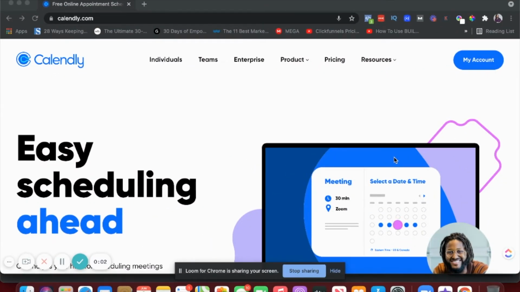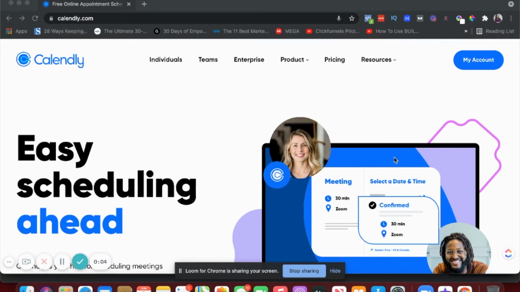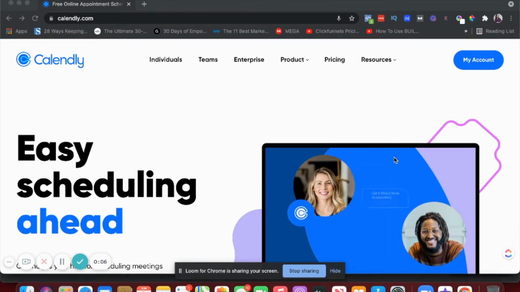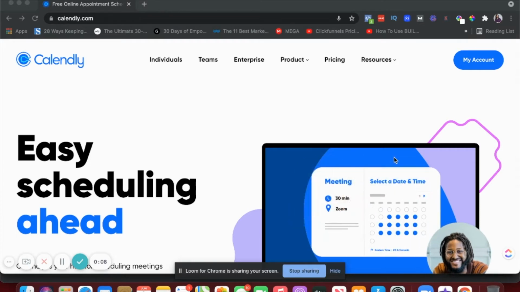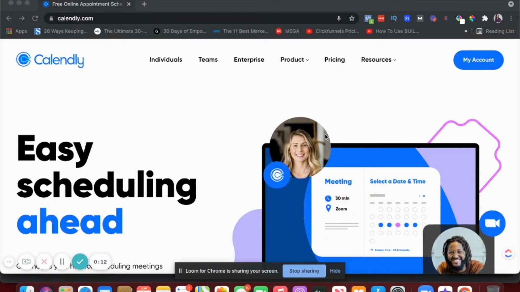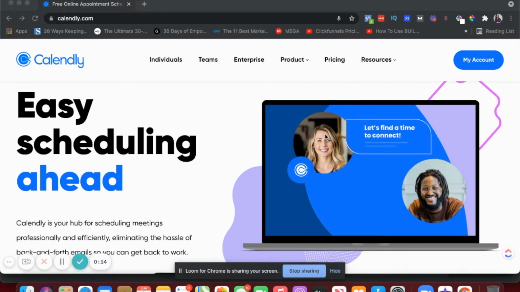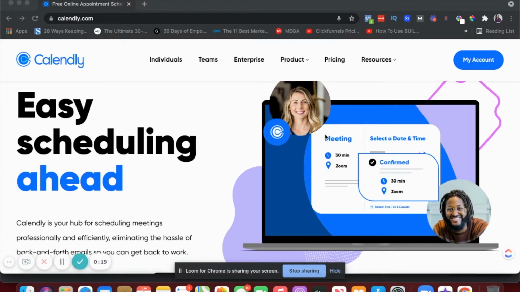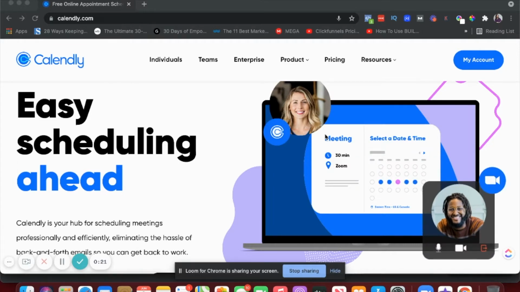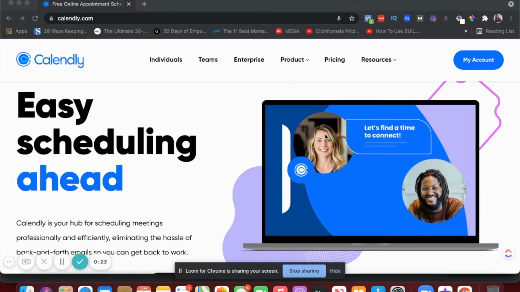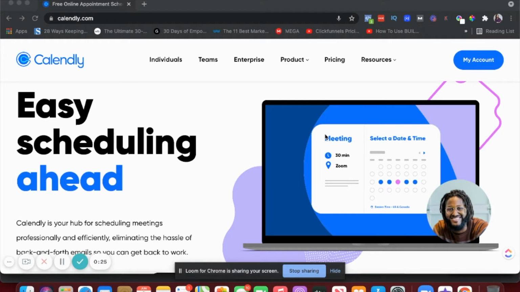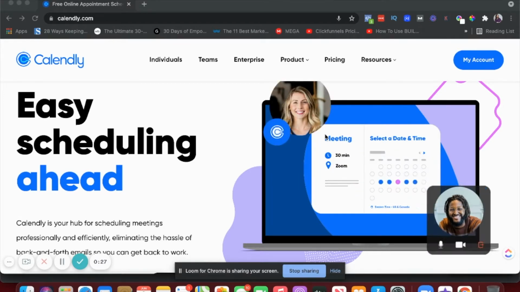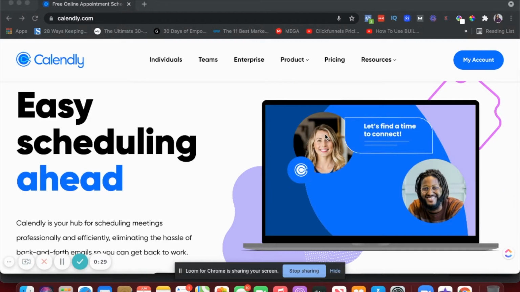Okay, let's go ahead and learn all about Calendly. So I have just created a trial account with Calendly. If you start your free trial with Calendly, it actually gives you the pro account, but again, you don't have to put in your credit card details. So if you're just trying to test out this platform, go ahead and create a free account. If you already have an account but don't really know how to use the platform, you are in the right place. I'll show you exactly what you can do.